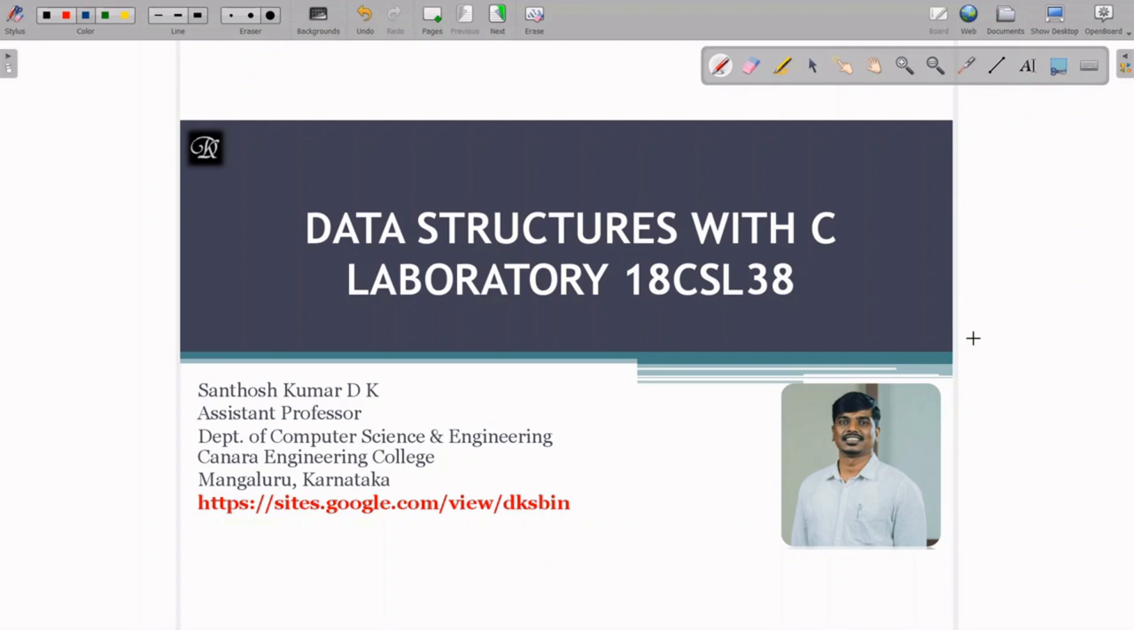I am going to discuss the Data Structures with C laboratory course with subject code 18CSL38. In this course, we will be conducting 12 experiments,